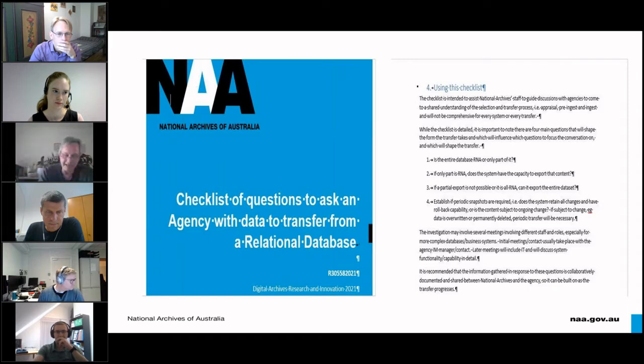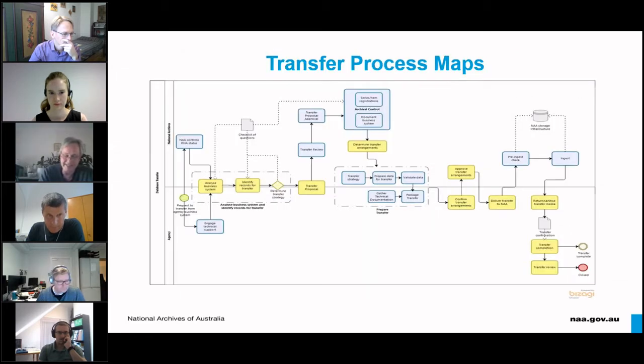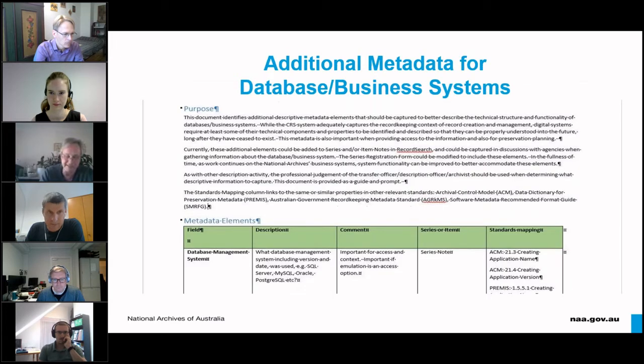Another product was guidance for determining options for transfer. For example, sometimes it's perfectly adequate to seek an export of raw data, an export of reports from a system, rather than to try to preserve database functionality. We also developed process maps to give an overview for staff and agencies of the process, and a document describing metadata we require in addition to the standard metadata requirements of the series system.